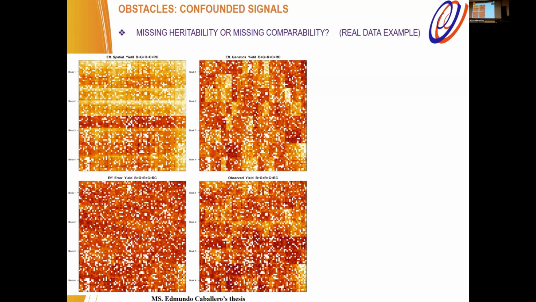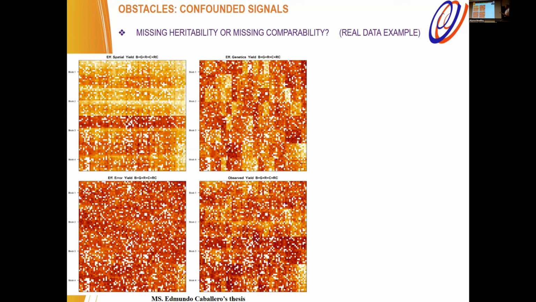And this is an example that we worked on using soybean data. I'm still working with soybean also. Where we try to untangle a little bit the variability. So we have in the top left the effect of the field variation, where we have row, column and blocks. In the top right, we have the estimated breeding value. In the bottom left, we have the noise, right? The information that we were not able to explain. And in the bottom right, the trait. So the sum of the panels returns the yield.